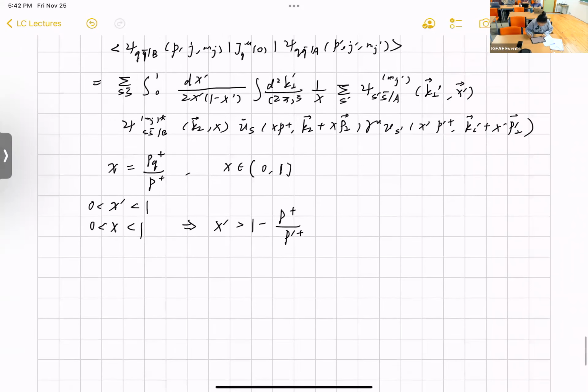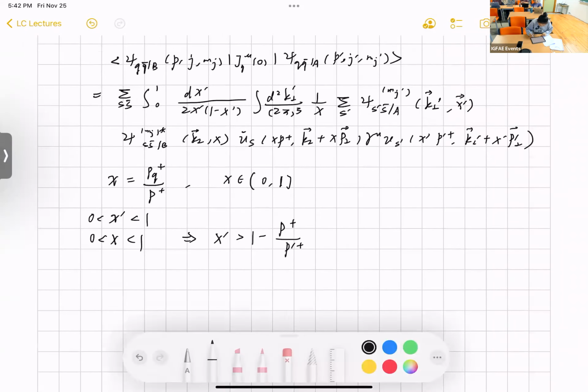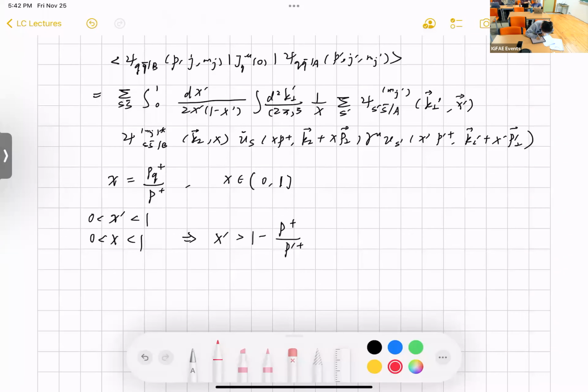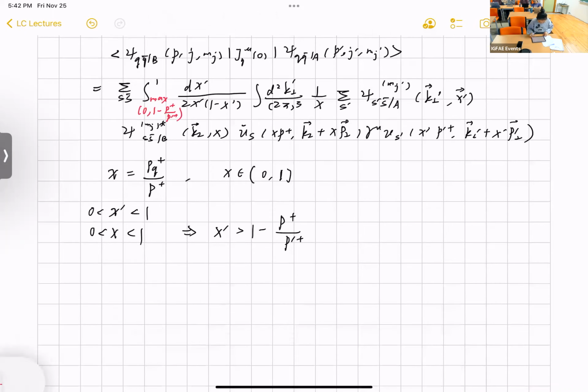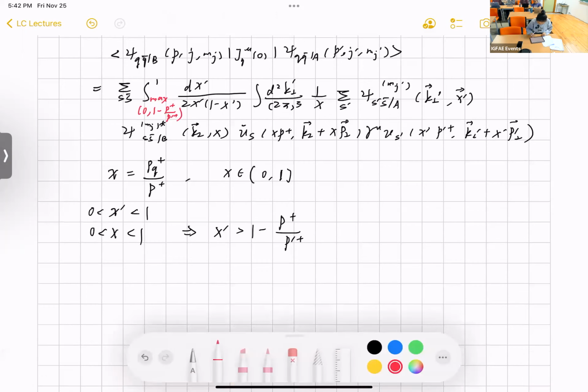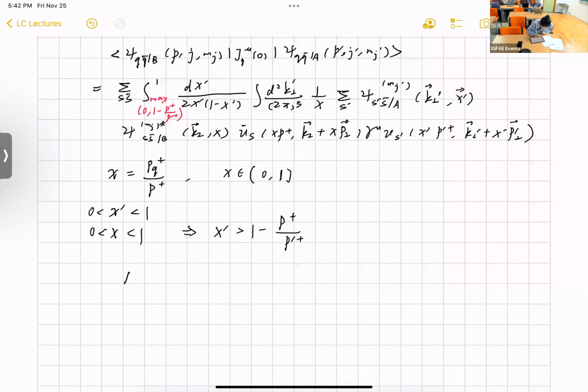Okay, so this means, more strictly speaking, the lower bound of this integral is actually not 0, but you should take the max of 0 or 1 minus P plus over P prime plus. Okay, and so recall that we are evaluating this hadron matrix element